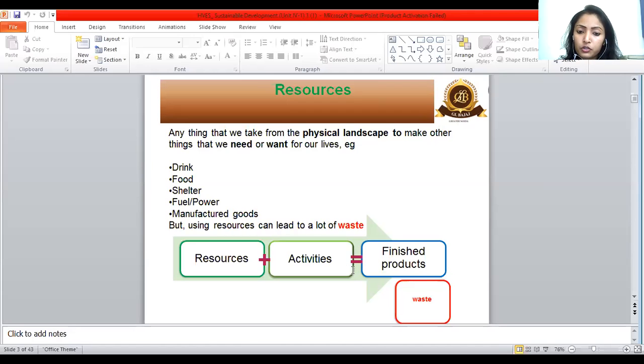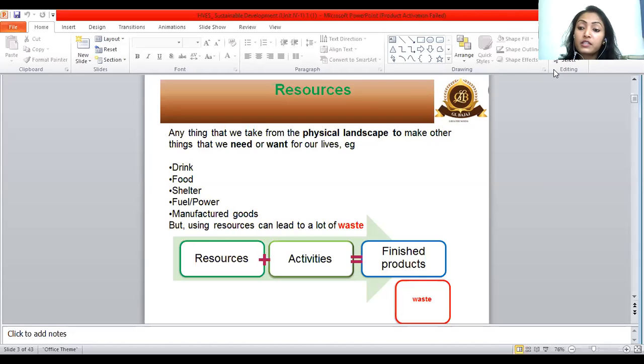But in this process, do you think this is the end of the process or does something come out of it? Waste is another element that comes out of this filtration process. Now how? Resources that we process, for example crude oil, is processed to get fuel. If we process the crude oil and get fuel like gasoline, diesel, petrol, a lot of other wastes are also produced. Those wastes may include some spilled crude oil or unrefined petroleum from pipelines.